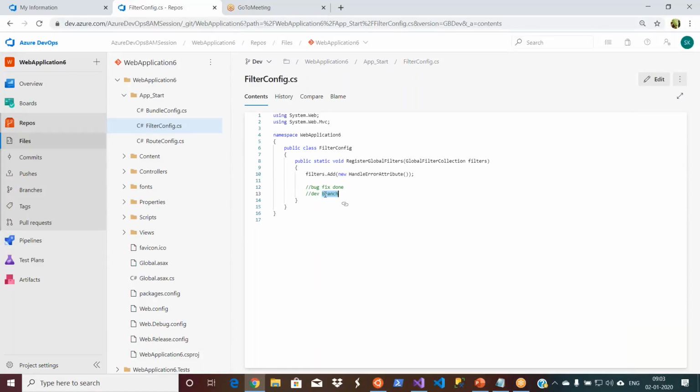But for branching, there are strategies like the traditional one, a branch per environment, and branching strategies like feature branches, etc. There are a number of branches, and there is no fixed standard saying this strategy should be used. It depends on the number of team members you have, the type of requirements you do, and the complexity of your project. It depends on many factors. You need to know those factors.